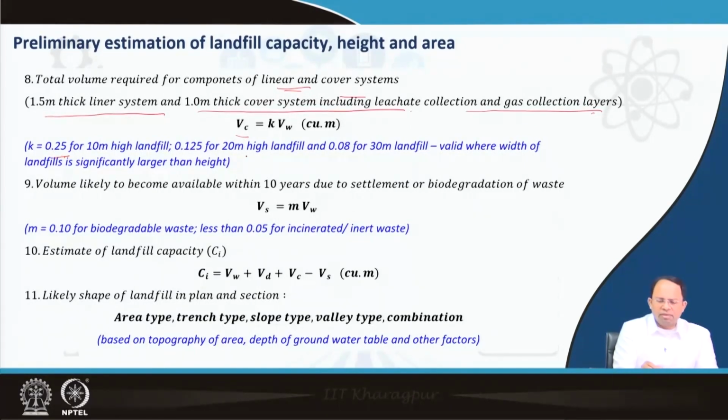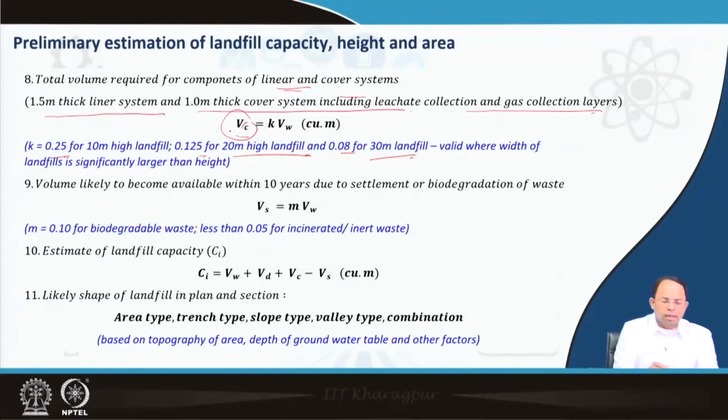If the landfill is of larger height, this volume is lesser, which is 0.125, meaning 12.5%. Or in case of 30-meter high landfills, this is even lesser, around 8%, right? So in most cases it would be safe to assume a value of 0.25, and we can say that we require another 25% of the volume of waste for these liners and covers